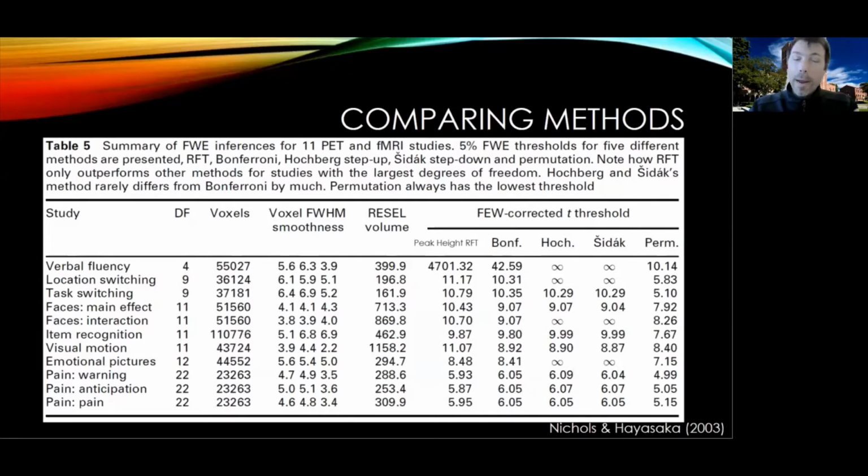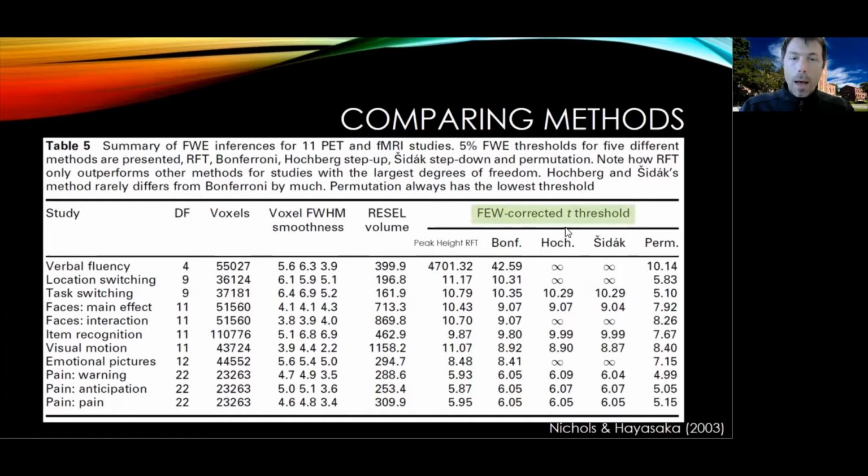So now let's compare methods and really dive into the pros and cons of each one. What I'm showing here is a paper by Nichols and Hayasaka. What they did is they collected a number of studies. For each study, they looked at the degrees of freedom, the number of voxels, the smoothness in 3 dimensions, X, Y, and Z, the number of results. And then, given all this, they look at how high is the threshold for each of a number of family-wise